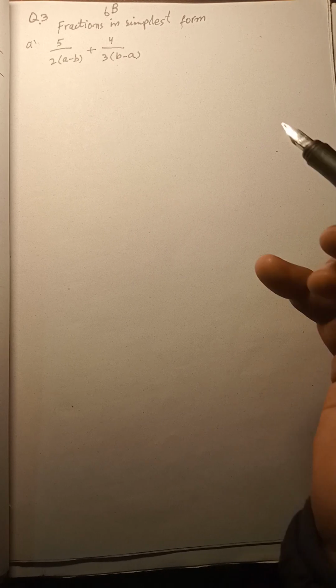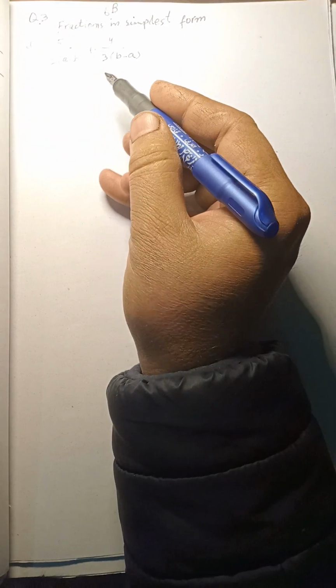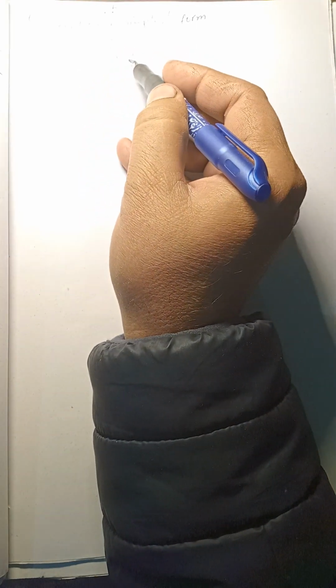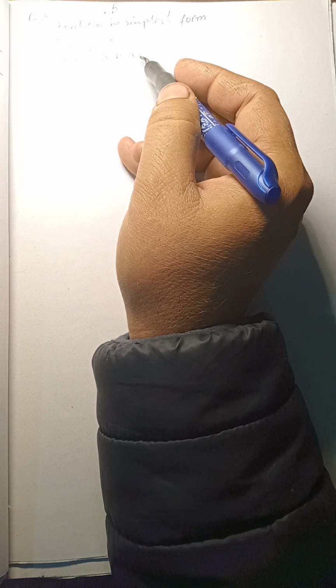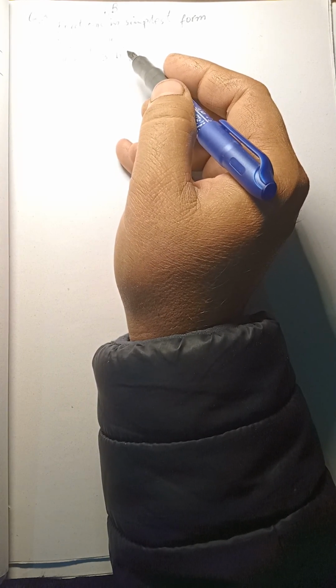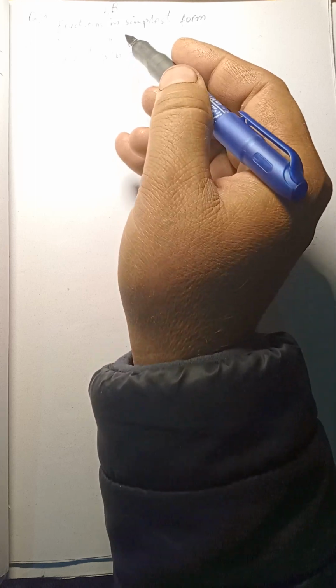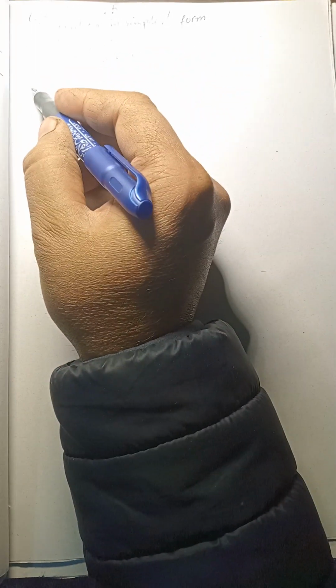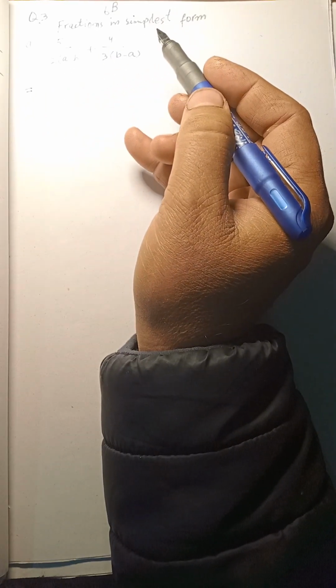See question number 3, part A. 5 over 2 into (a minus b) plus 4 over 3 into (b minus a). These are two fractions separated by a plus sign. If the fractions are separated by a plus or minus sign, we have to take their LCM and then we can